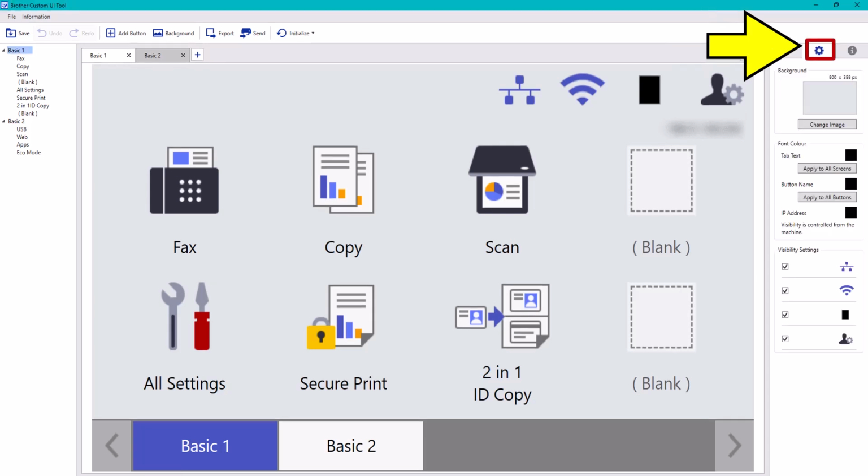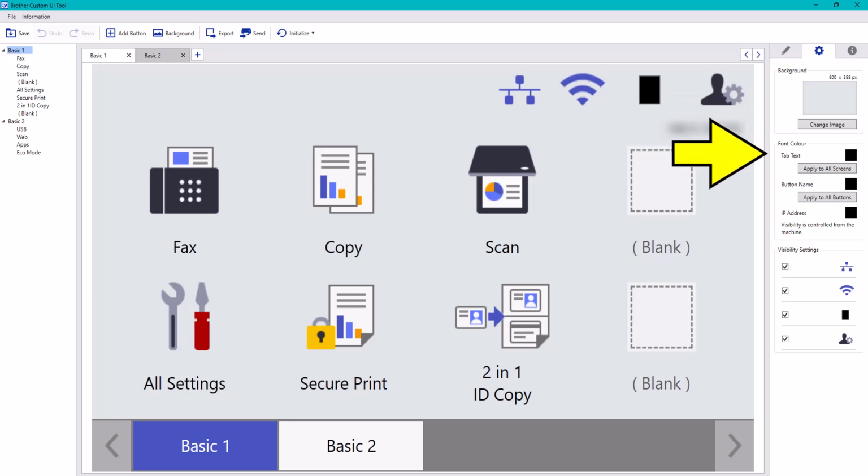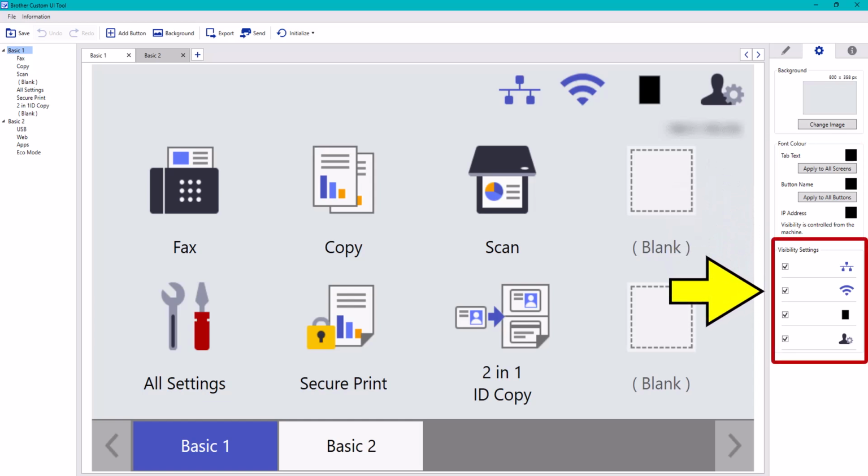To customize each screen, you need to select the Settings cog. You can now see that there is more options. This section is to add a custom background of your choice. This section is to change font colour and any button names. This section is to take away the visibility of these icons.